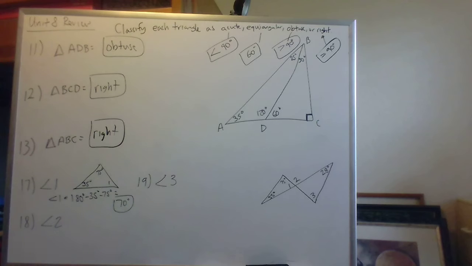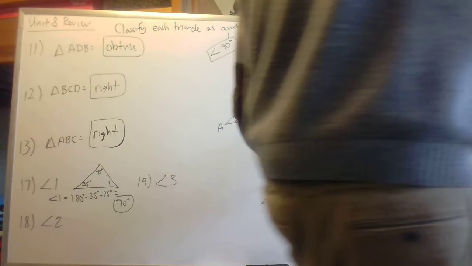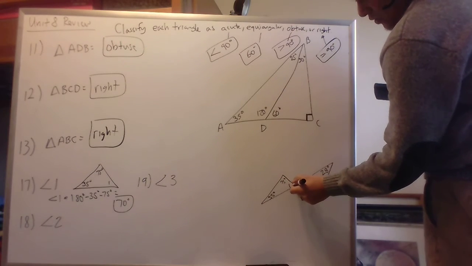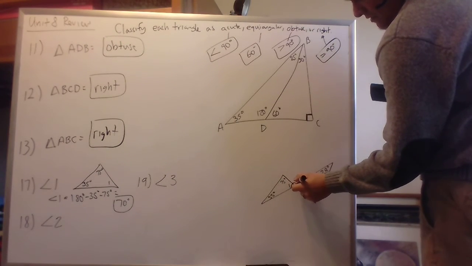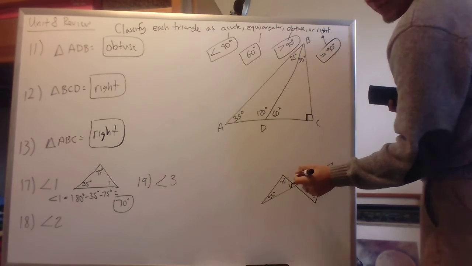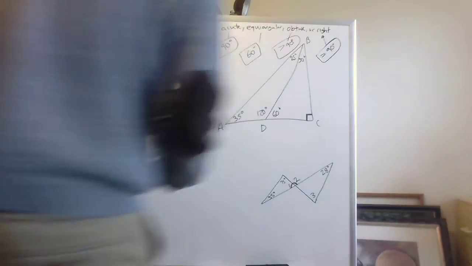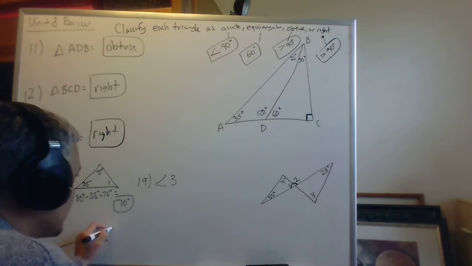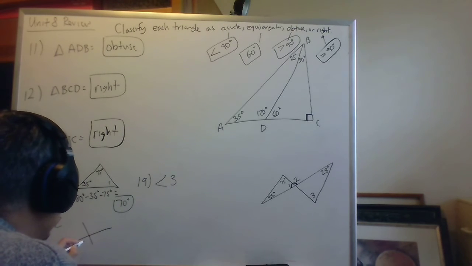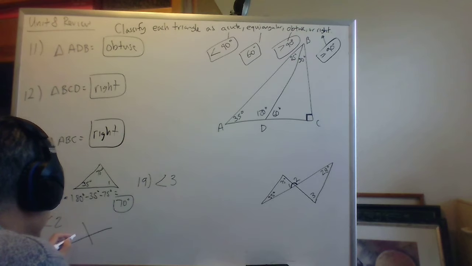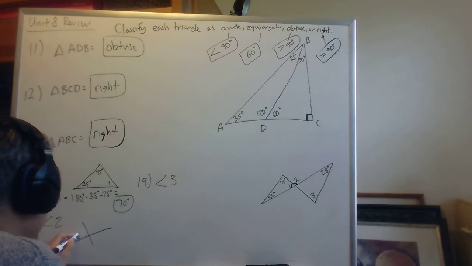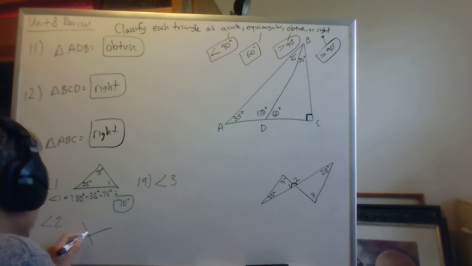Now we're going to do the next problem. So angle 2 is right here. Notice how angle 1 and angle 2 form a supplementary angle, or a straight line. Since we have a straight line formed off of angle 1 and angle 2, and we know from the last problem that angle 1 is equal to 70 degrees,